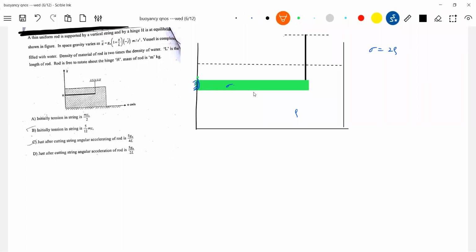What are the forces that will be acting? Tension. Where should the weight of the rod act? L is the length of the rod. The weight will not act through the midpoint, will I agree? The effective g is what you should calculate, the effective weight. So I'll proceed like this. Let this be the element dW.